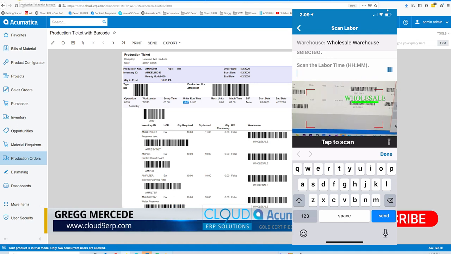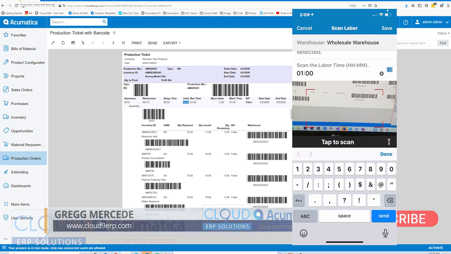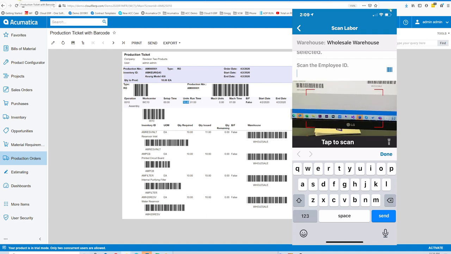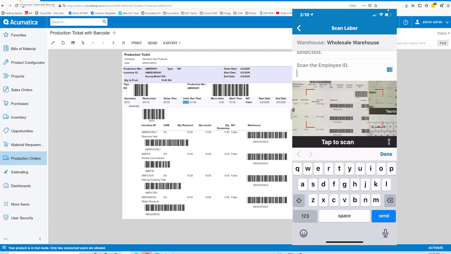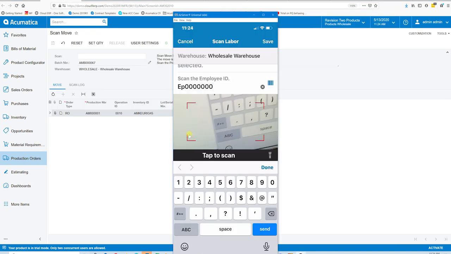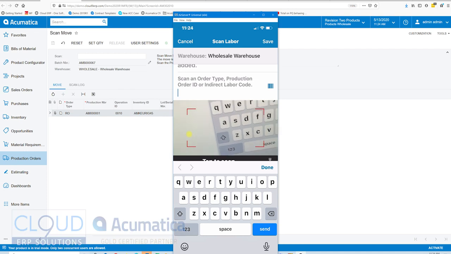You can enter in the time. You could have scanned the time if it's blocks of 15 minutes or an hour or something. So we'll send this. And then we'll put in our employee ID, which I'll have to type out. So bear with me, I know this is painful. And the employee ID is number 2. So now we've completed a labor transaction. If we hit the save button,